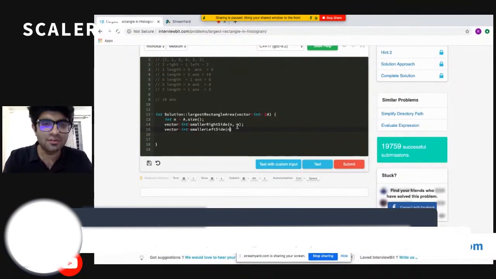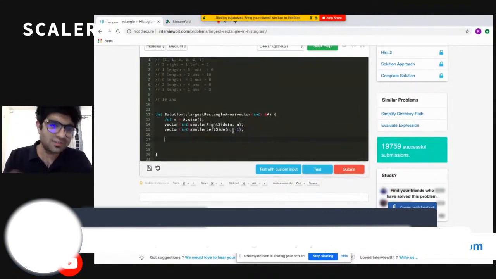Similarly, I know that if I move into the left side and haven't found any element which is lesser than this particular element, I end up with an index of -1, because it goes beyond 0 on the left hand side. So I can pick the default value as -1, which seems like a good thing to me. Now let's fill both of these arrays.